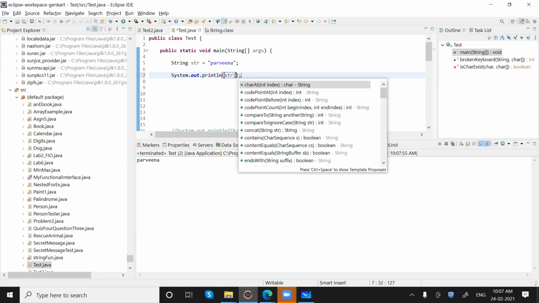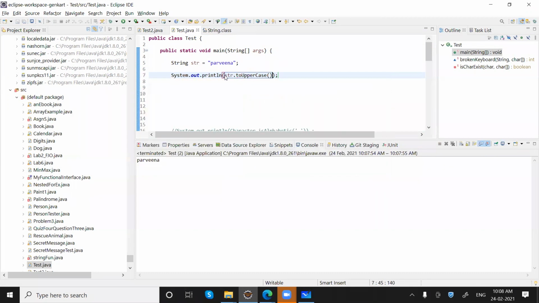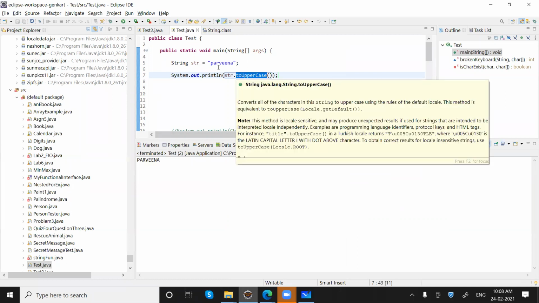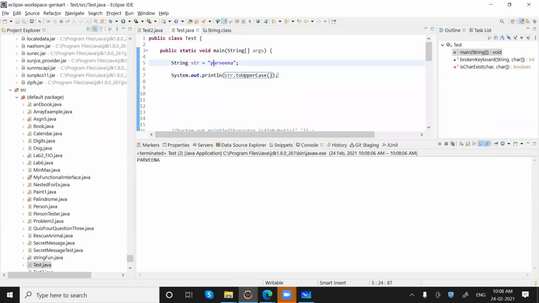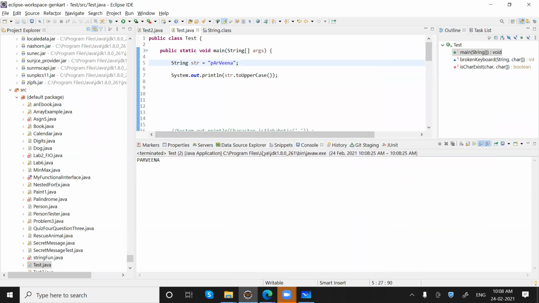If I say str dot toUpperCase, it will be printed in capital letters. So basically it converts a given string into uppercase. Even if we have it like this, the output will be the same, meaning all the characters will be converted into uppercase, right?